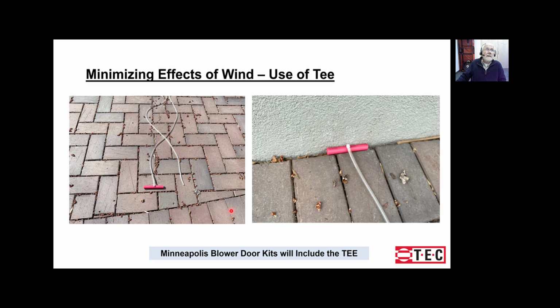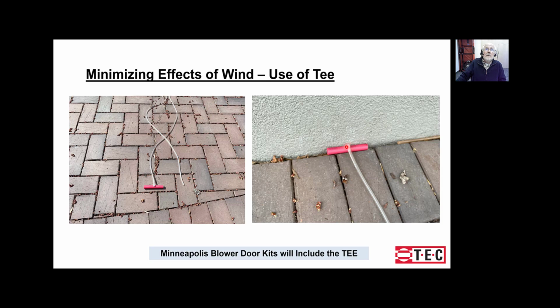So this is the thing I came up with. This is just a larger T, and I compared it against the smaller T, and they both worked equally well. But this larger T gets, here you can see it a little bit better, right up where the wall of my house meets the patio. There's a right angle